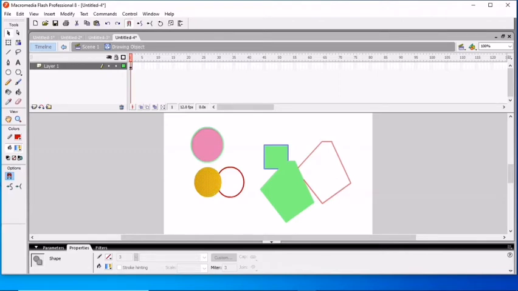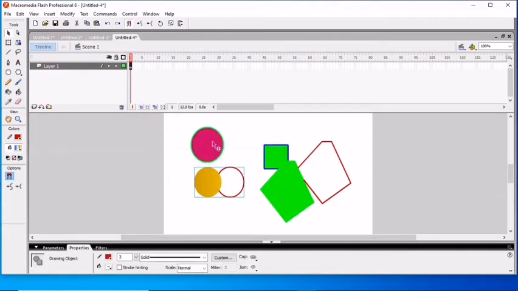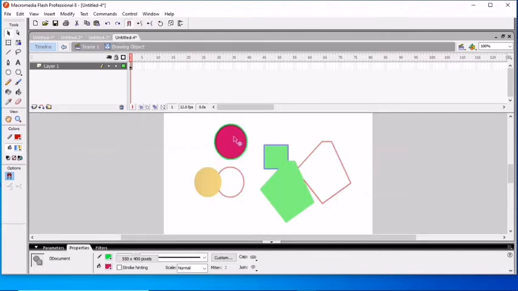For this, what you do is go again, and the simple shortcut key is Control plus G. This becomes a group. For example, this becomes a group now, and if you want to move it, it completely moves. Even if I select this and move it, it moves like this.